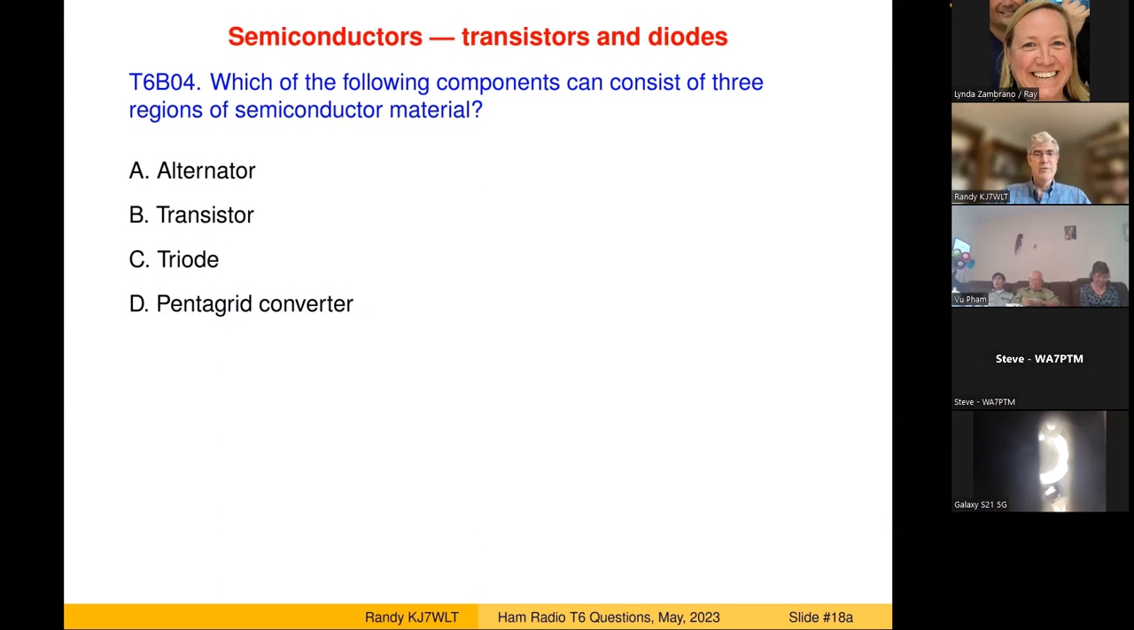And I'm sure you know the term semiconductor because they're the basic things that go into integrated circuits and transistors and all those sorts of things. In particular, for the technician class exam, the only kind of semiconductors you need to worry about are transistors and diodes, which we'll talk about in a minute. So if you just remember semiconductor equals transistor or diode, then this question, which of the following components consist of three regions of semiconductor material? Since it is made out of semiconductors, there's only one of these possible answers that's a transistor or a diode,